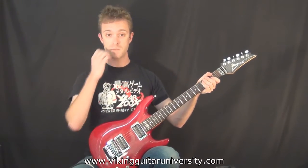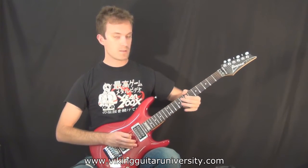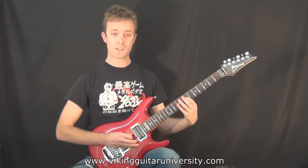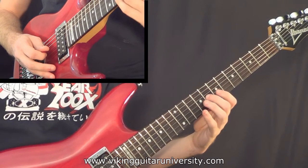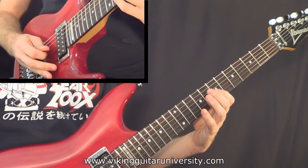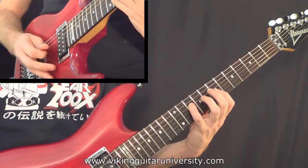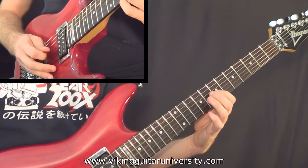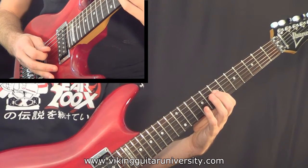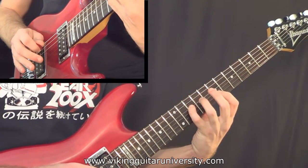Now let's move on to the second part. Keep in mind, if you look at the tabs, this might make it a bit easier. It's going to be 7th fret on the D string. We're going to start index finger 7, then use our middle finger up at the 8th fret on the G string, index 7 on the G string, pinky 10th on the D string, then back up to the 7th on the G with the index, middle on the 8th on the G, 7th, index, G, pinky 10th, D. So it's...